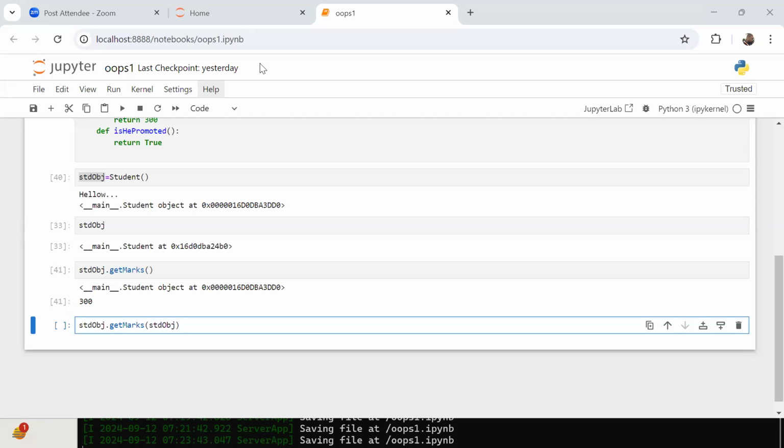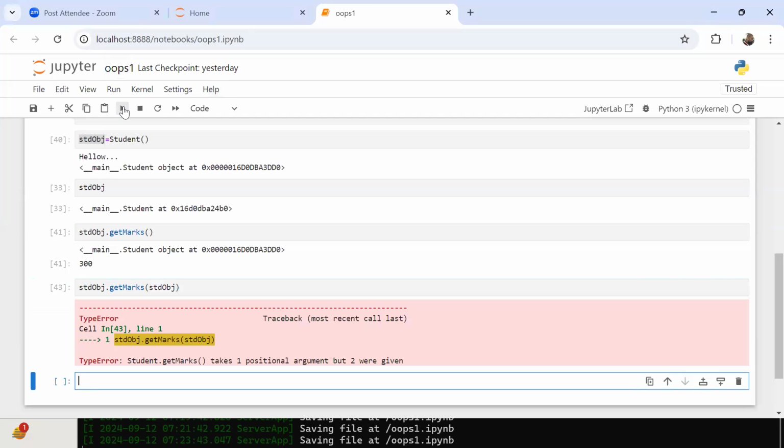Not defined. I'm going to execute this one. What happened? We'll see. Based on the message, you can tell. It requires two arguments, but one argument was given, right? Perfect. That is correct.